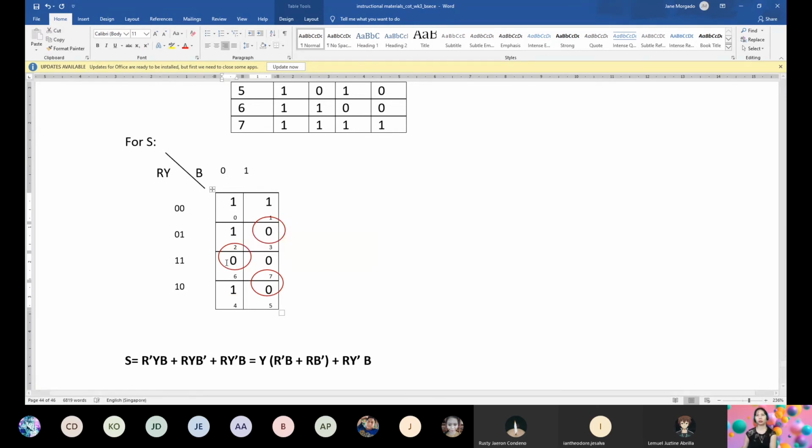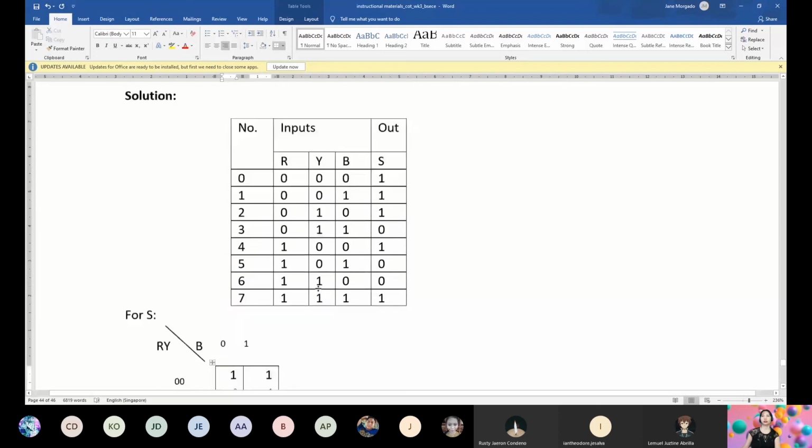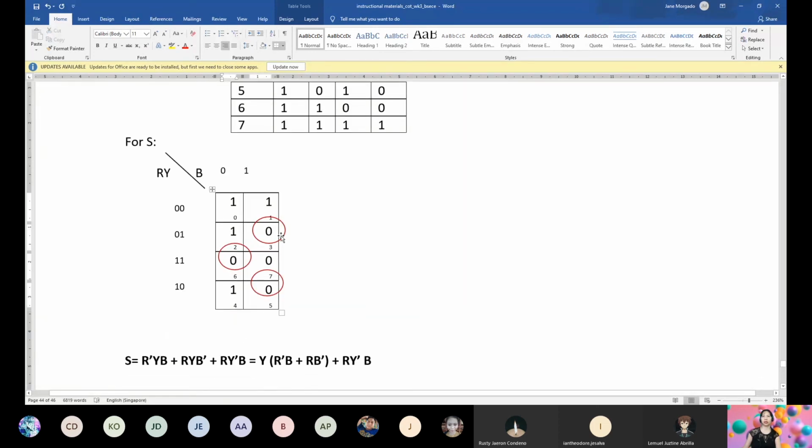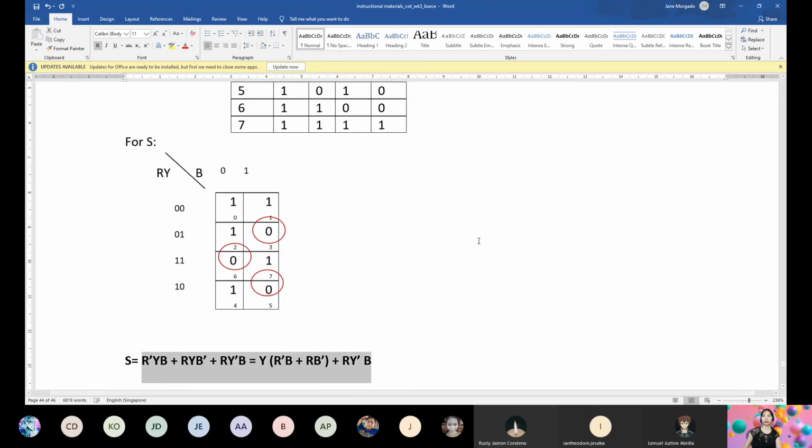Until 6. 0, 0, 1, 2, 4, 7. So we have, ayan, naka-max terms. 7 is 1. Ayan. Mababago. So we have S is